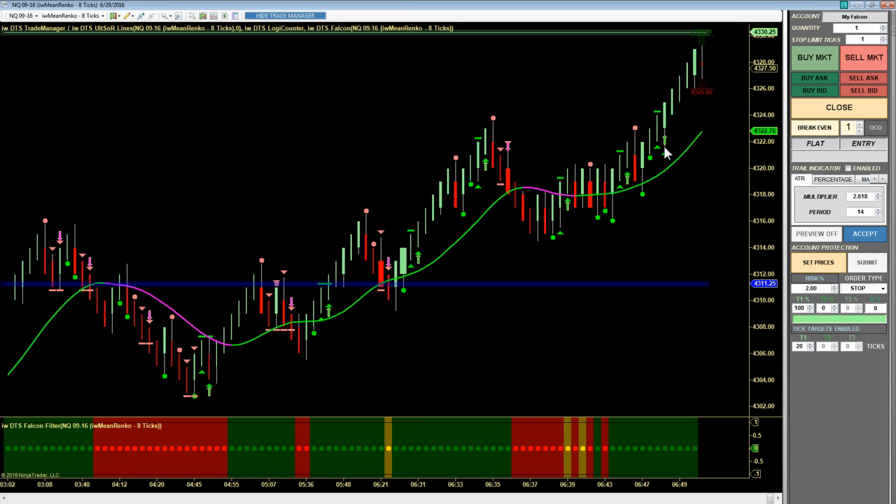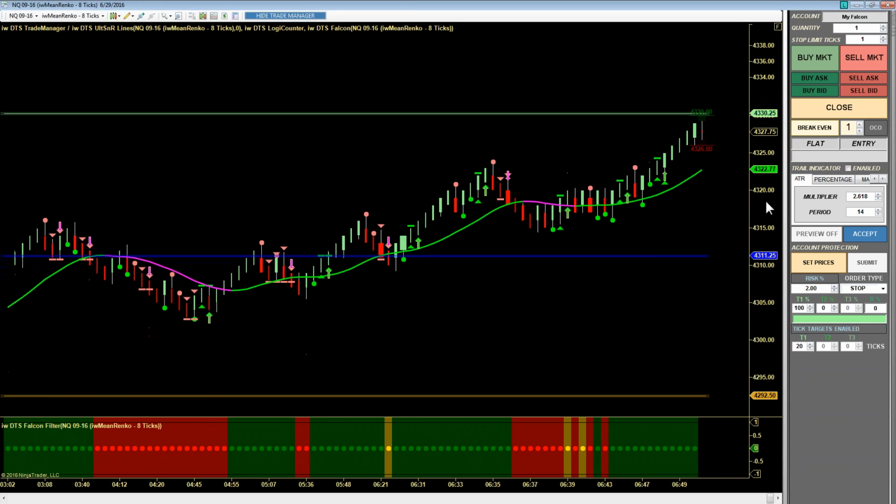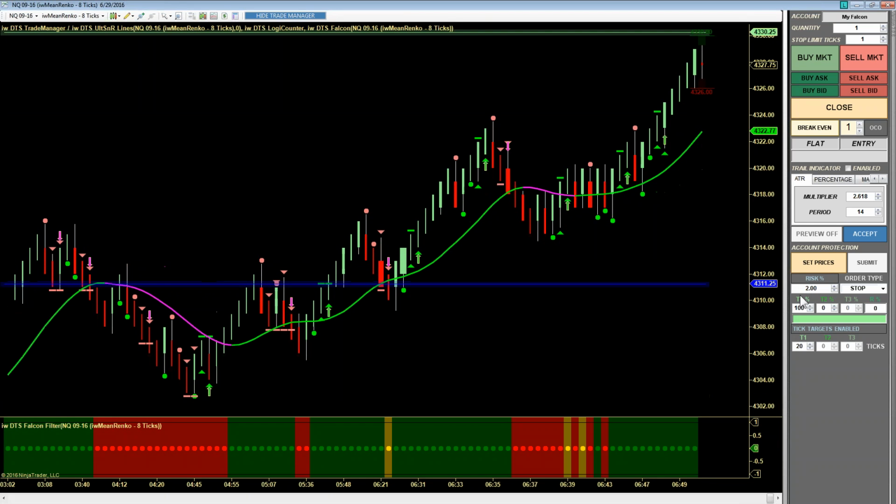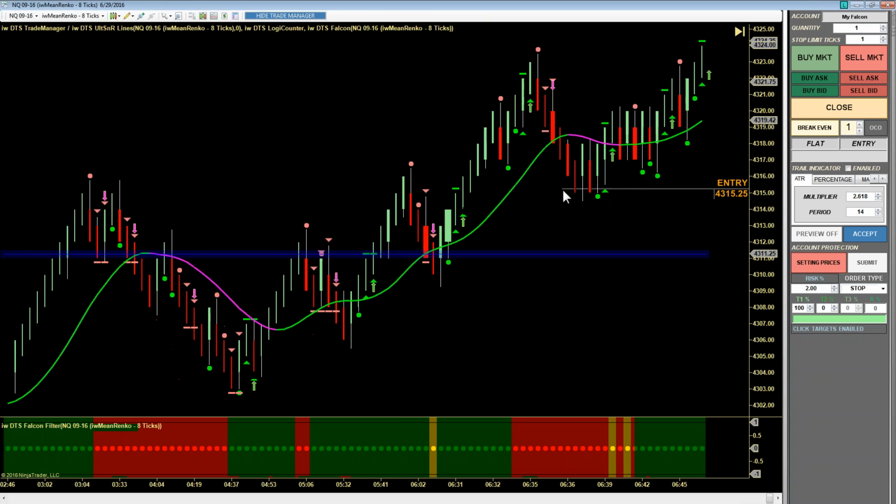Of course, you can extend your profit objective. What a lot of people like to do with the support and resistance suite is they like to use the next line as a profit target. So you can see if you had done that, if you had taken the signal here and placed your profit objective at the next line, and you can do that as well. We'll just enable the targets